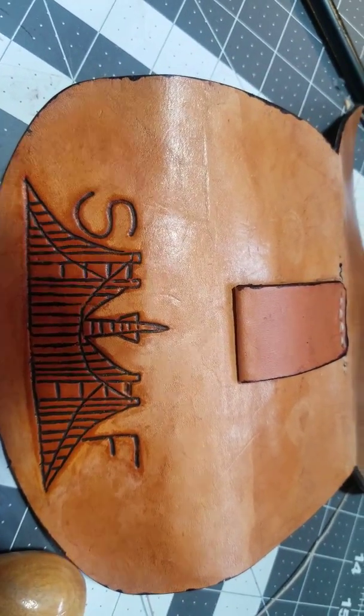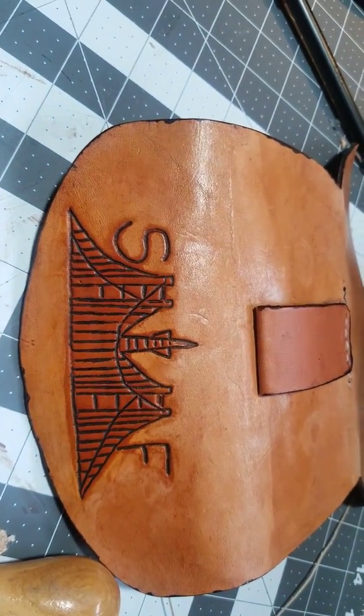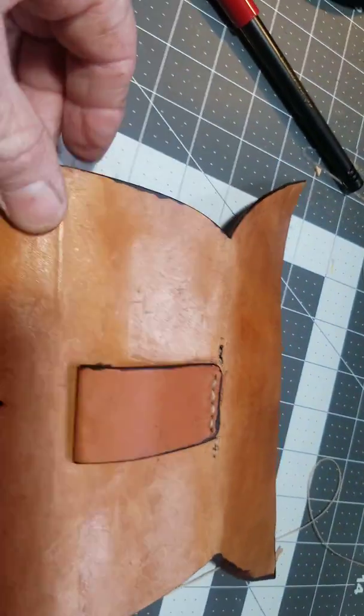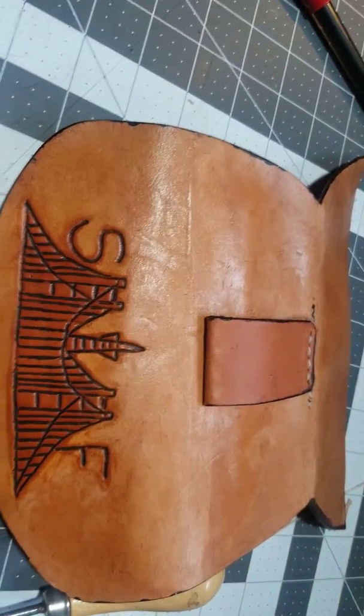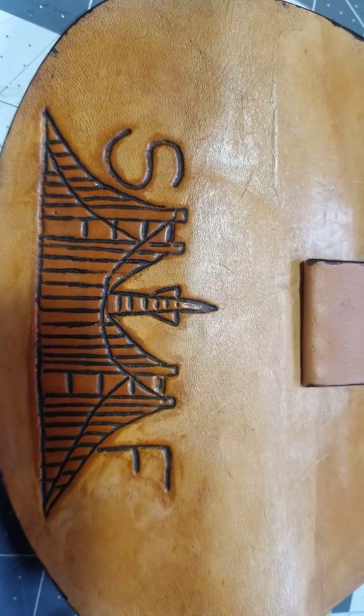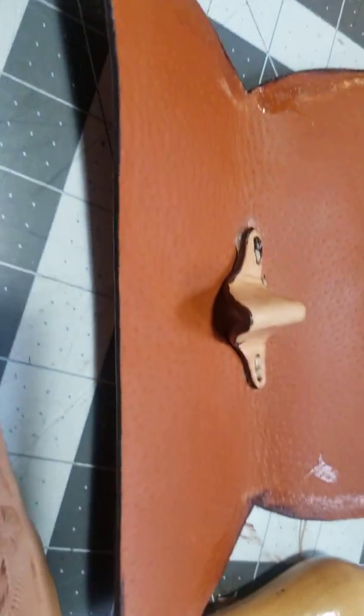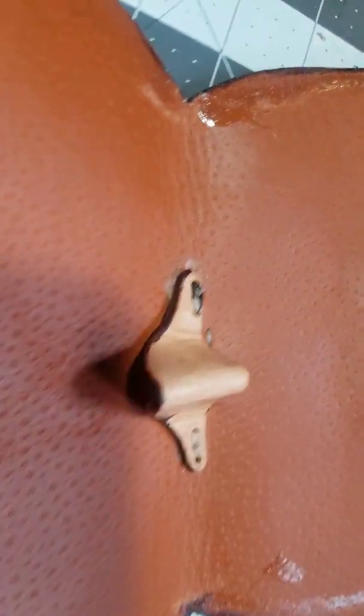So anyway, I did that, and this time I did the right steps. I cut out this pattern first. I did this tooling here by wetting the leather first. I did that part first. Then I sanded all the sides, and then I doubled up a liner to it, so it made it a little bit thicker. So this thing will stand up a little better. And the same thing, I had a problem with my stitching. It looks simple, but trying to get it lined up right,